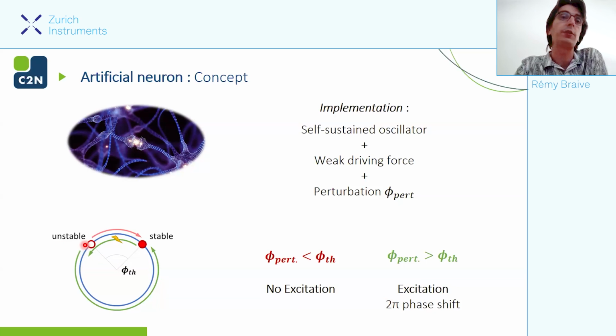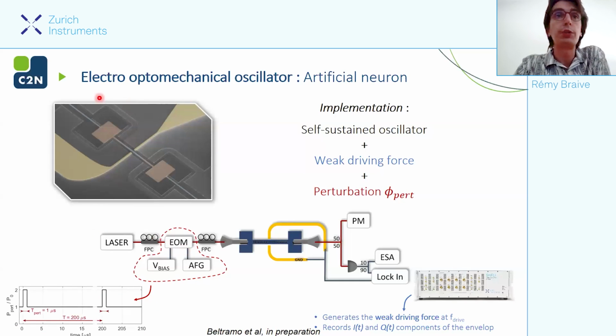So the system cannot come back with the result following the red arrow, but has to go along the full circle in order to come back to the stable point. And it is with this picture in mind that we need to think about the system, about our possible artificial neuron.